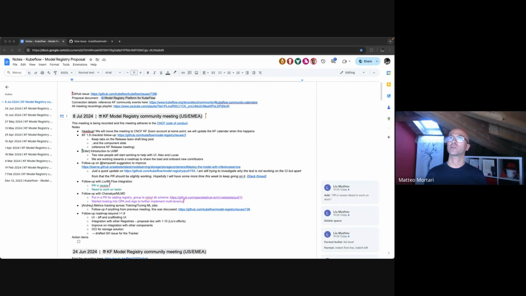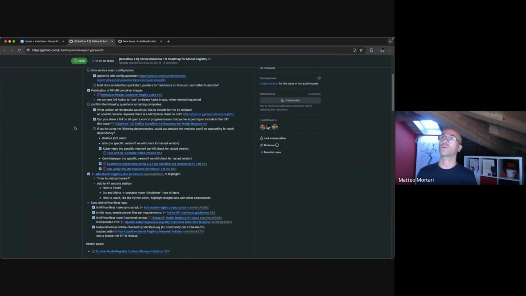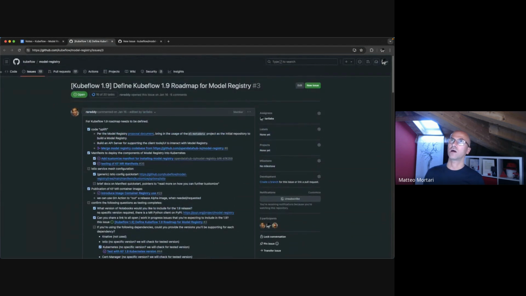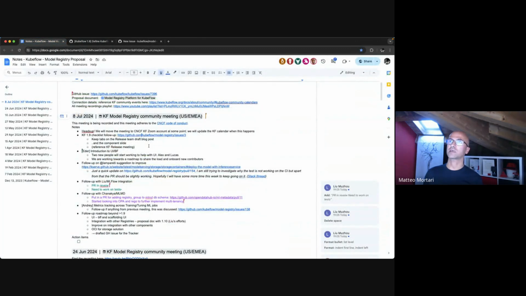For the Kubeflow 1.9 checklist, I was just earlier in the release meeting with Ricardo and the release team. No big update here for our tracker. We have been keeping tabs on all the items. I just discussed with Ricardo, we already have the manifest sync to 0.2.1 alpha. It's not the latest version, but it's the one that we tested with the RC. So since we have that one for the RC, what I propose to Ricardo is that we keep that one.